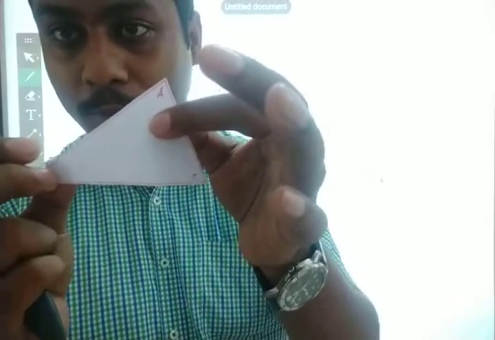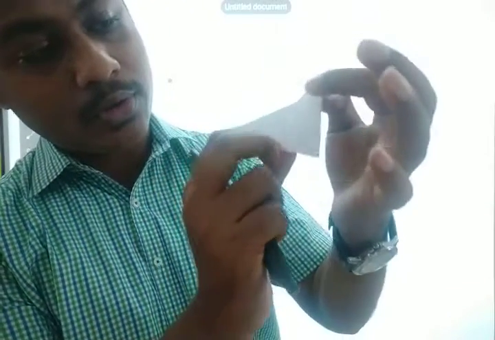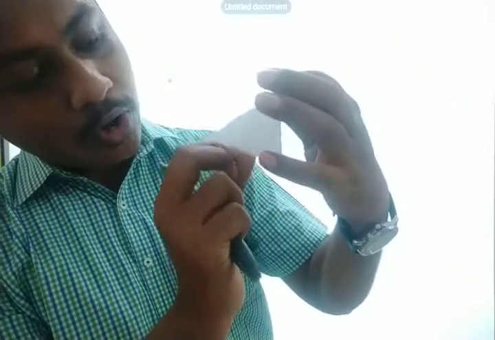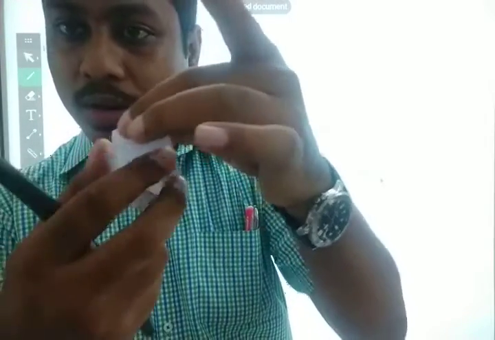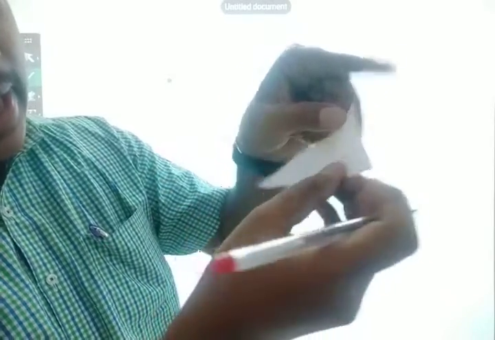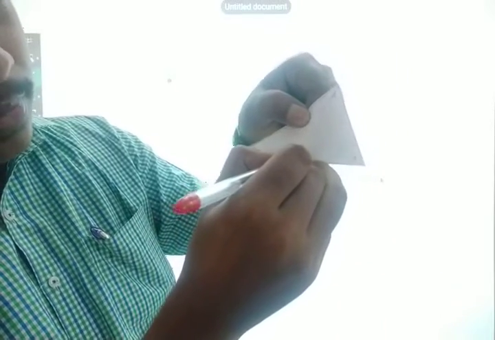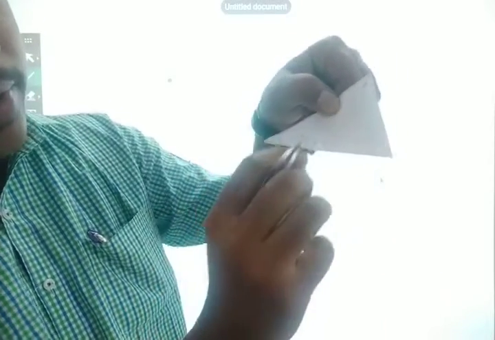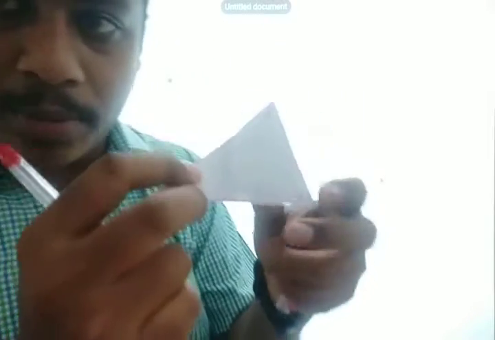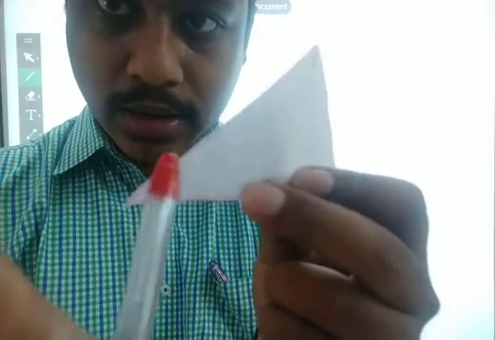So where will be the median? For drawing the median, what we have to do is, from the point A, draw one line up till where you have folded the page. Suppose this is the point A. From here, draw one line up till the point where you have folded the triangle. So you can see this line that I have drawn from the point, I think it is visible.